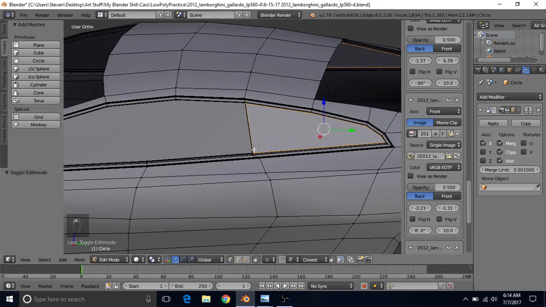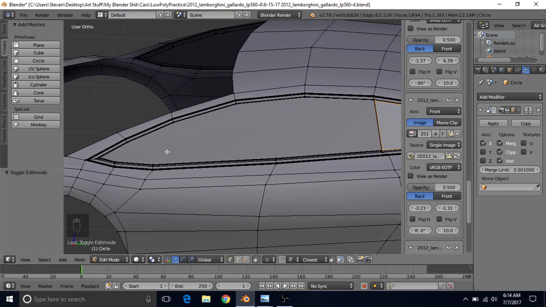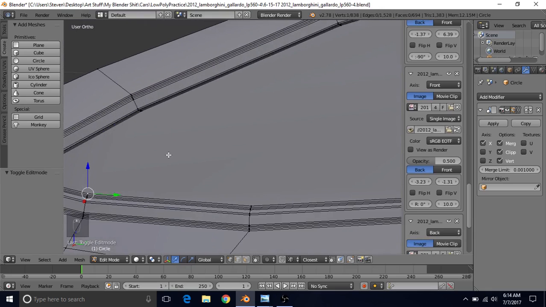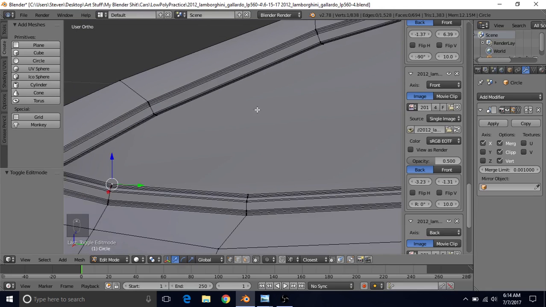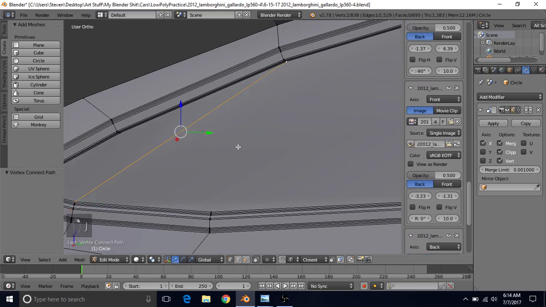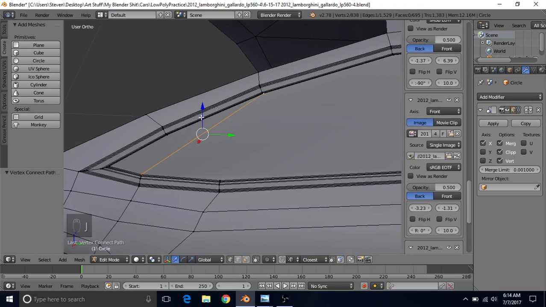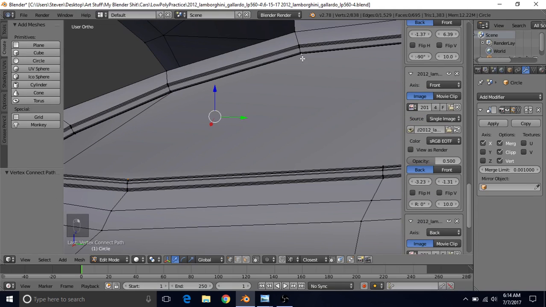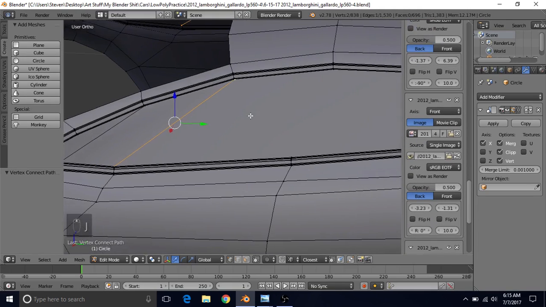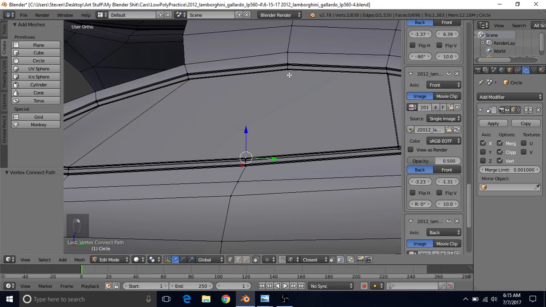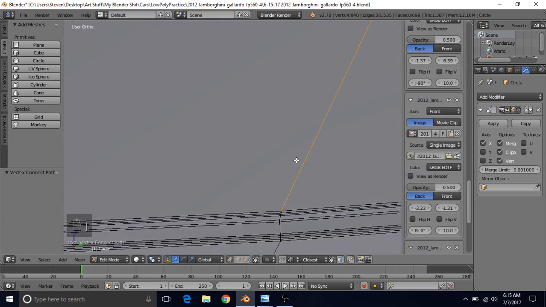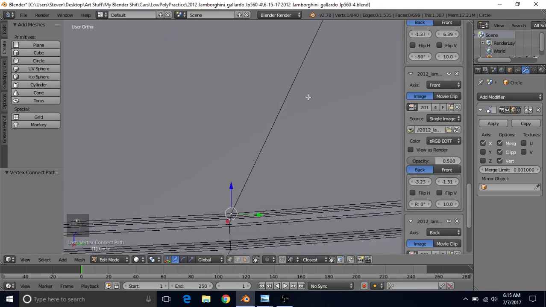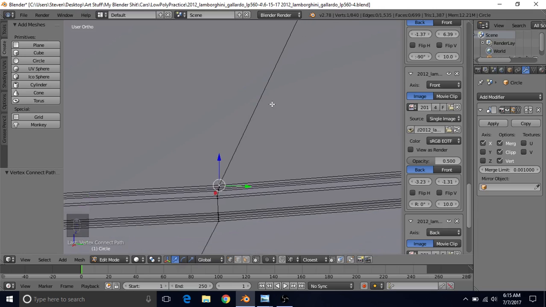So now it's really just a matter of connecting some of these to make them quads. So like, we can select this point, hold shift, select this point, J to join. You always want to make sure you have 4 vertices if you can. And then we'll just continue on selecting 2 points, J to join. And you always want to make sure you're selecting the innermost points. So like this point,